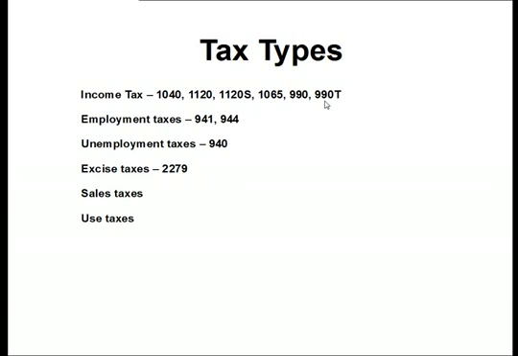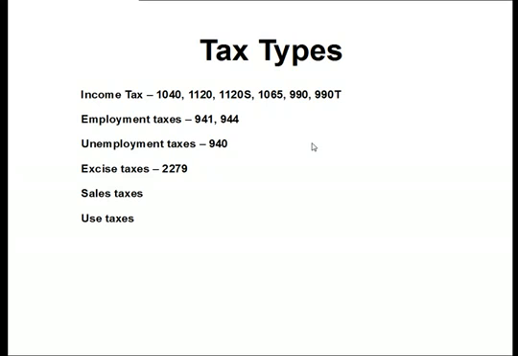Next thing to look at are employment taxes. These are filed on Form 941 for quarterly filers, and there are some businesses that can get away with filing an annual employment tax report, and that's a Form 944. Employment taxes are income tax withholding that is withheld from employees' paychecks. It is also Social Security and Medicare that is withheld from employee paychecks, and the matching portion from the employer. So those are the taxes that are reported on that form.